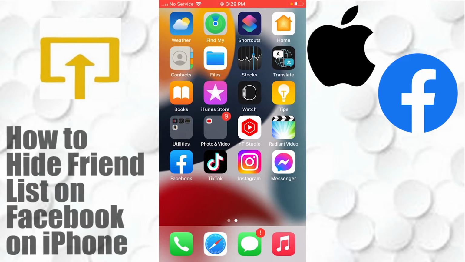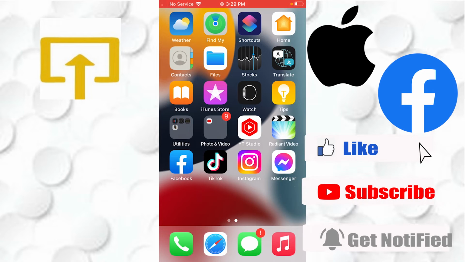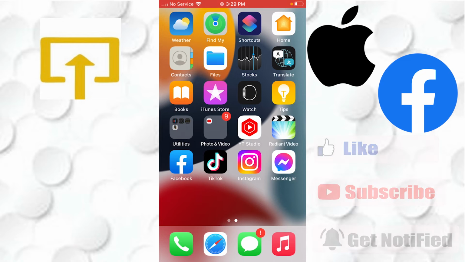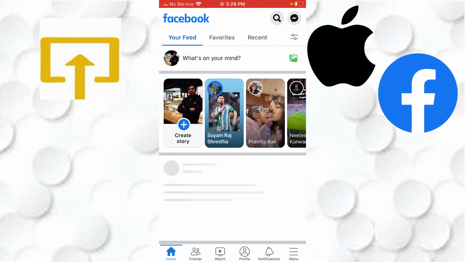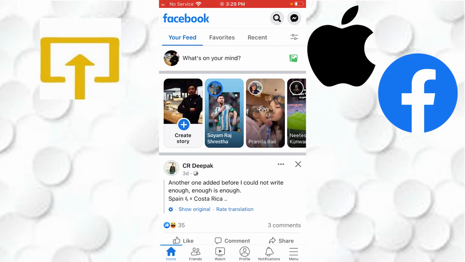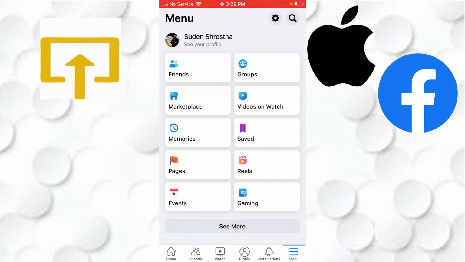Today I'll be showing you how to hide your friends on your Facebook account on your iPhone, and let's start right in now. To hide your friend list on your Facebook account on your iPhone, first open up the Facebook app on your iPhone, and after opening your Facebook app, on the bottom right corner of your screen you can see the menu icon. Tap on that menu icon, and after landing over here